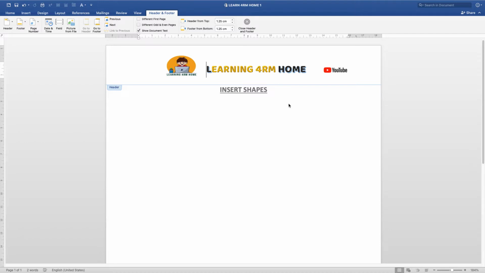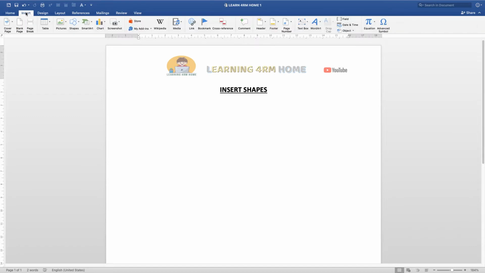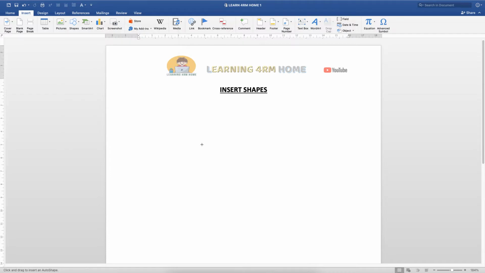Now in this tutorial we are going to talk about how to insert shapes in MS Word. In order to insert a shape, go to the Insert tab and click on Shape. This has a lot of shapes in there, so you can choose any shape that you want. Let's say I want to pick this one, so just click on it and wait for your shape to be